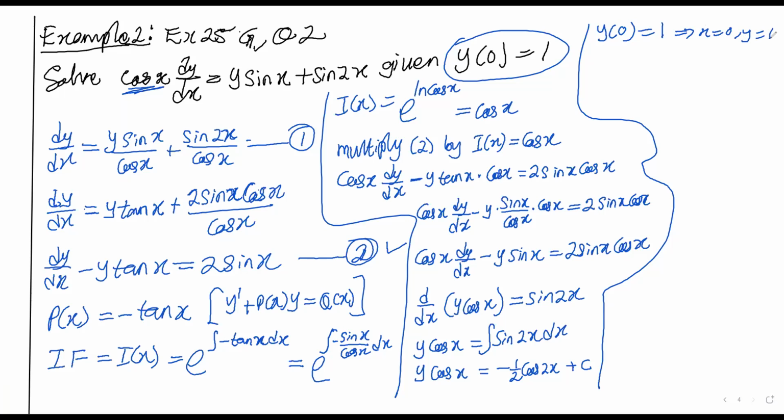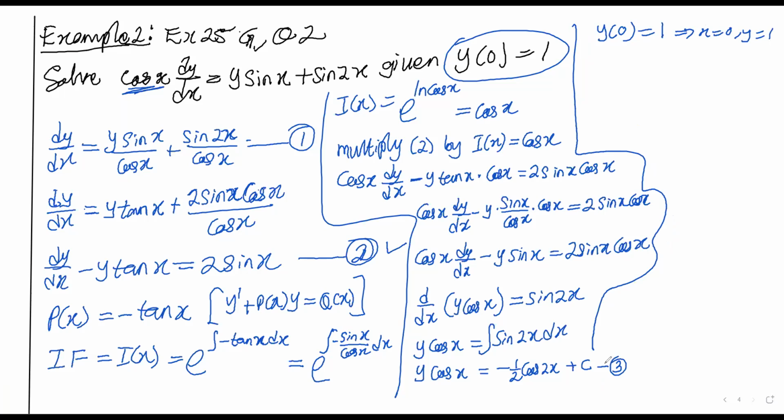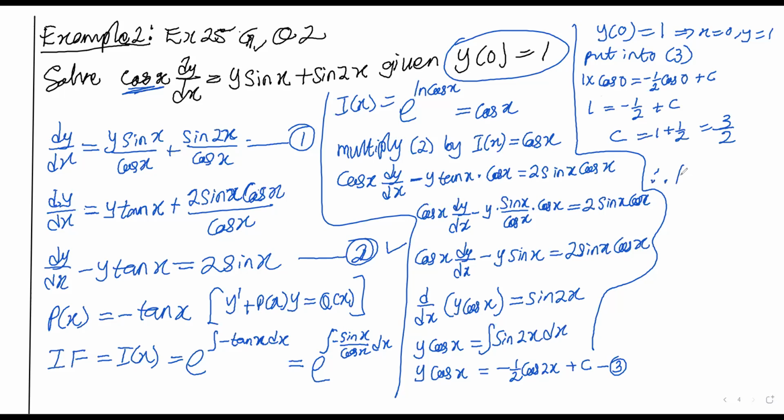So if you substitute into this, if I call this equation 3, substitute this into 3, I get 1 times cos 0 is equal to minus half cos 0, plus c. Cos 0 is 1. 1 is equal to minus half plus c, which means c is 1 plus half, which is 3/2. So therefore, the particular solution, because this is not a general solution anymore, of that equation is